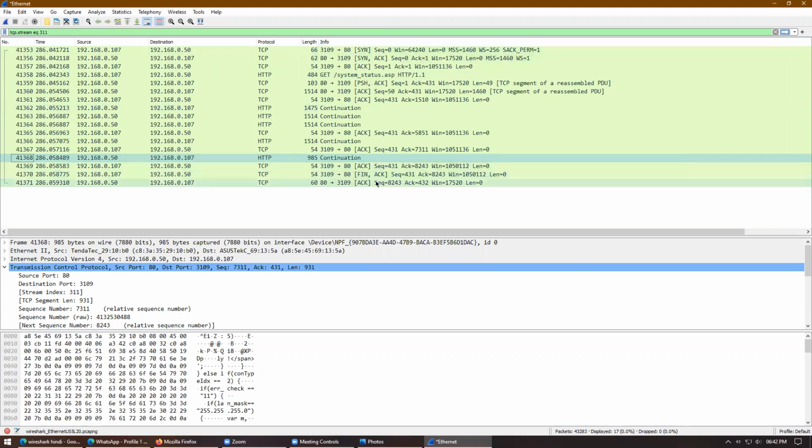The communication starts from here to here, and how this actually starts, SYN request, SYN-ACK, the TCP three-way handshake, and here how the connection actually stopped. So that's how you can filter a specific type of communication between two devices.